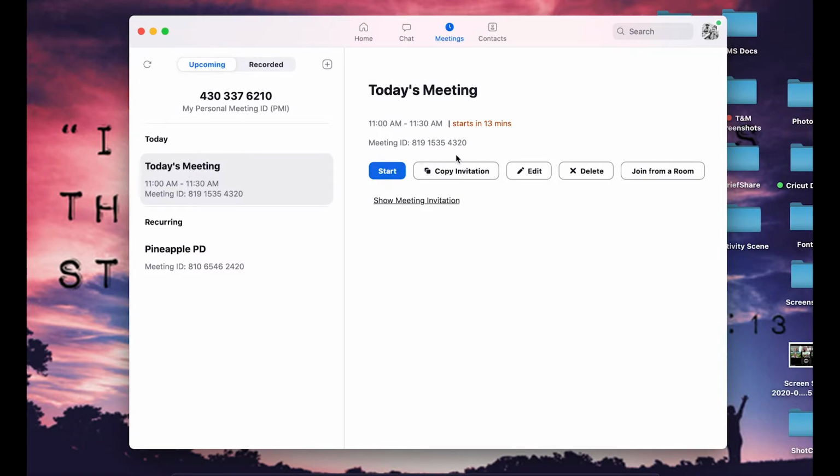So when you want to start, it doesn't have to be the time you assigned. If you want to start it early because you need to get ready with things, you can go ahead and start it early. You can again copy your invitation if you were not able to do it or forgot or lost it when you were setting the meeting up. You can go back and edit it. Even though you've already set it up, you can make any of the changes that we previously made. If you don't use this meeting anymore, this is where you would delete it, and we will go ahead and